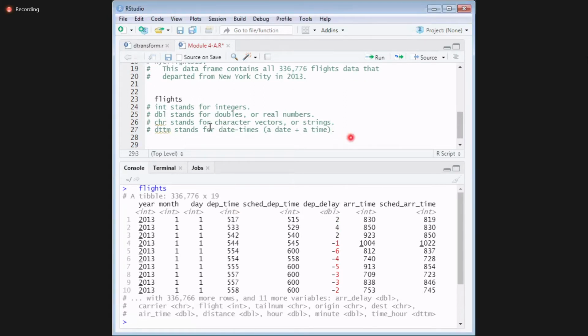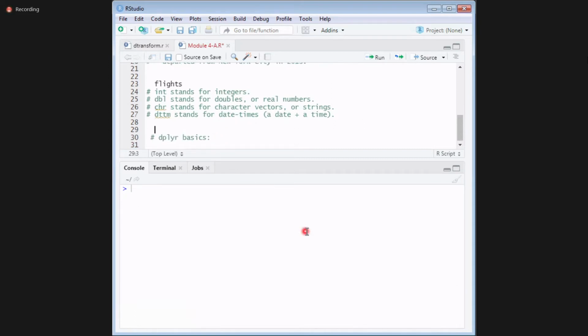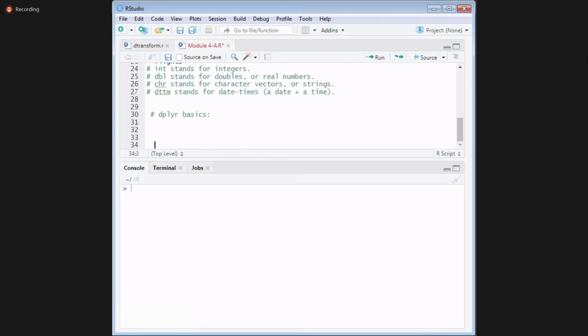Now we will see what is our actual thing. Actual thing is our dplyr basics. So in this we are going to learn about 5 things.